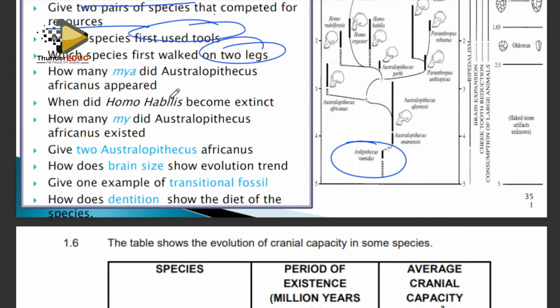Someone is asking, Mr. Academy, how to explain the significance of brain size on the use of tools. That's what I've explained, that as the brain size is increasing, the organism's intelligence also increases. You understand? This gives the organism the thought to become more intelligent on how to modify these tools.